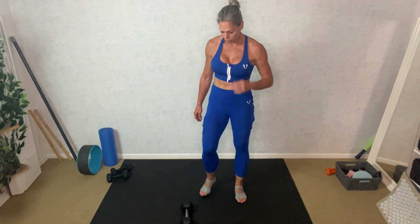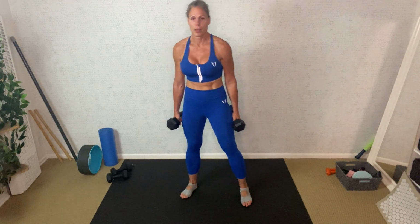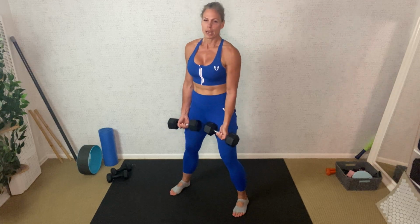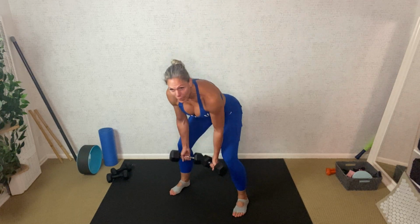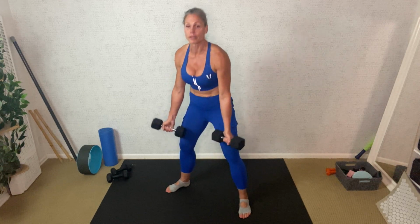Woo! Let's do that last round. Let's do it. Deadlifts, rows. Back in your abs and squeeze your buns. The lower back has only a little small muscle, so it can get a little tired at this point. Here we go. Bring it down and point your toes a little bit to 1 o'clock, 11 o'clock, and row on this one today. Yep, 1,